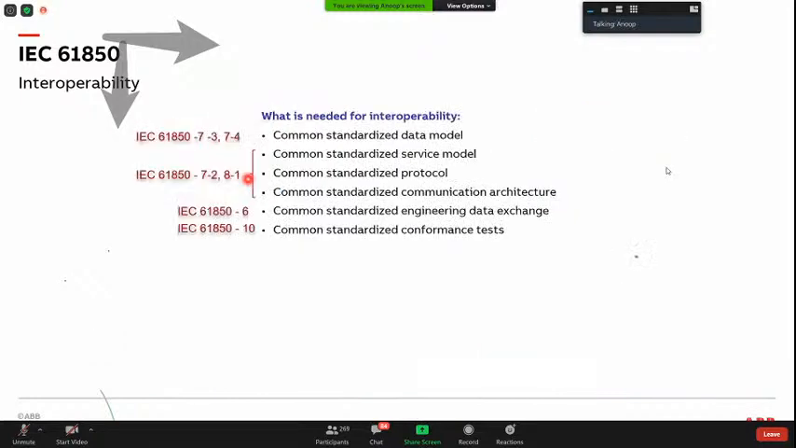Okay, so how are we achieving interoperability, and what is needed for it? Don't worry about what I wrote here much, I'll just explain. There are standard parts like 7-3, 7-4. I showed you there are many parts. This part tells how you should model your functions inside a substation automation system. So I'll be touching upon 7-3, 7-4 modeling. I will not go through this; this is actually part 2, which I was explaining. Then you have something called